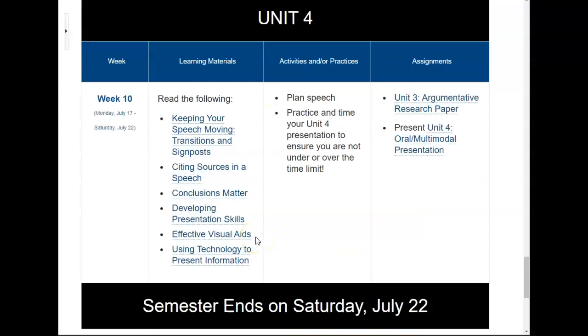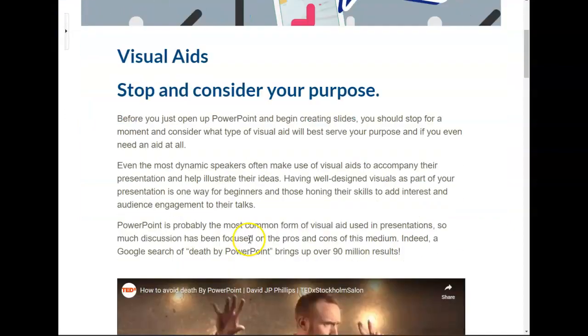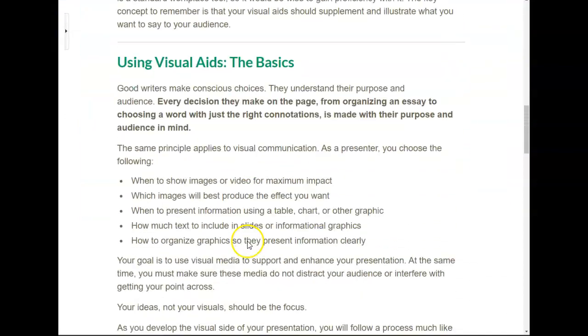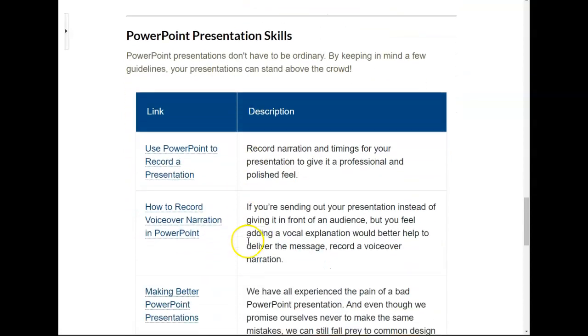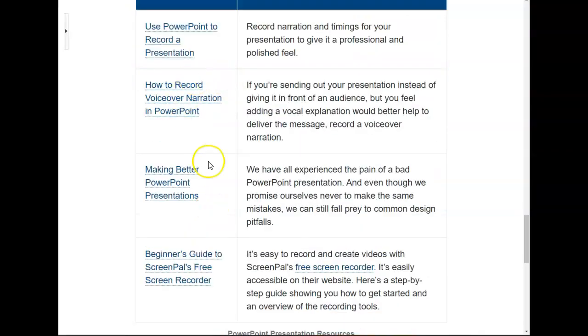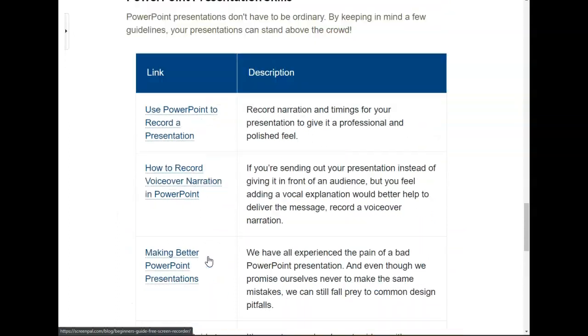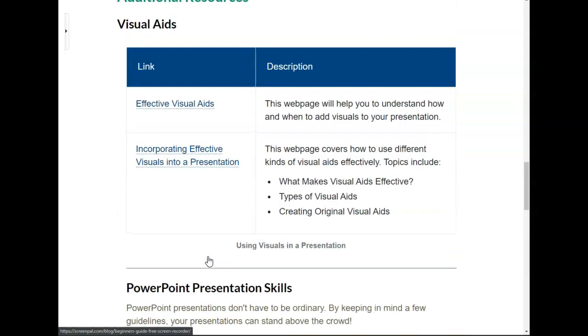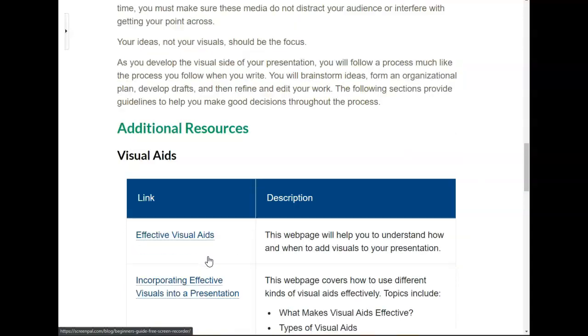Effective visual aids. There are a few really helpful links in here to show you how to set up your PowerPoint. And they're under, well, PowerPoint presentation skills. Yeah, that's a bit obvious and on the nose, isn't it? So you can use all of these to help you figure out what's what. If you don't understand how to create all these, it's helpful.